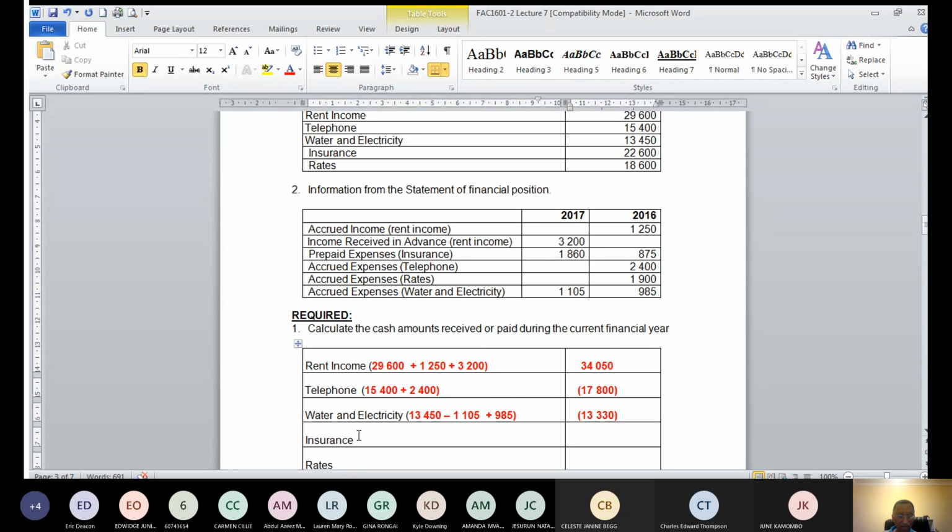Take a look at insurance. When we take a look at our insurance now, the insurance amount has got an amount in the trial balance, or in your statement of profit and loss and other comprehensive income, 22,600. That is my expense. My adjustment was prepaid expenses, which means that 1,060 of next year's expense was paid during this year. And at the start of the financial year, we had prepaid